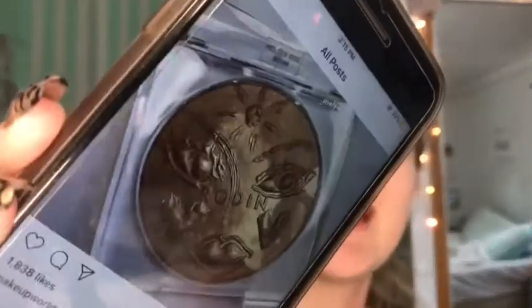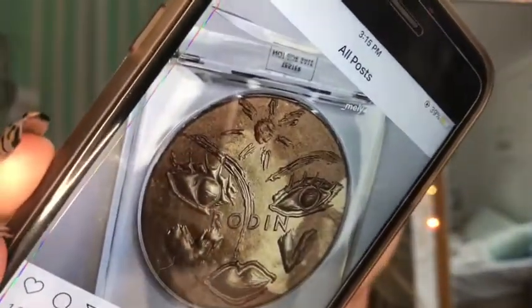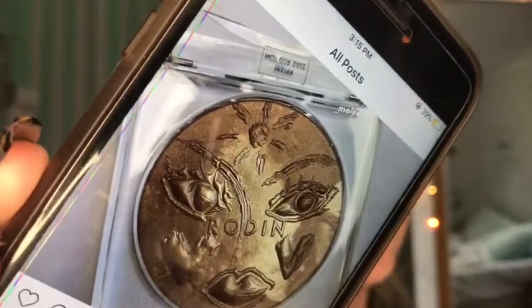This next one caught my eye strictly for the imprint in the bronzer. I think this is a bronzer. No, this is a highlighter, I'm pretty sure. So this is the Rotten Oleluso. I'm not sure if I said that right. Aura from the Goddess Aura collection. This is $50, but I feel like it's $50 for the imprint. I literally feel like you're just paying for that imprint, because that is beautiful. The way that looks is beautiful, but